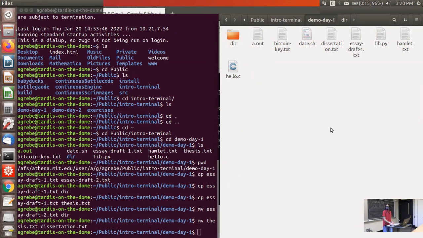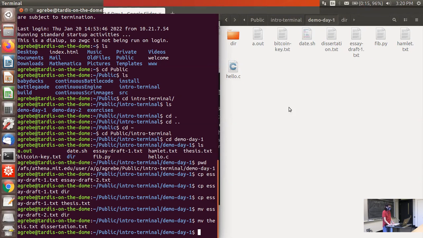So are there any questions, either in person or on Zoom, on copying or renaming or moving? Yeah? Instead of the directory, could you give a file path to move a file into a directory that's not in the immediate vicinity? Yes. So you can give absolute file paths that, for example, start with this slash, which gives you access to your entire system, and you can also chain .. to keep moving up a couple levels in the directory structure.